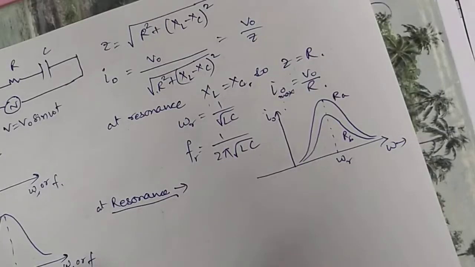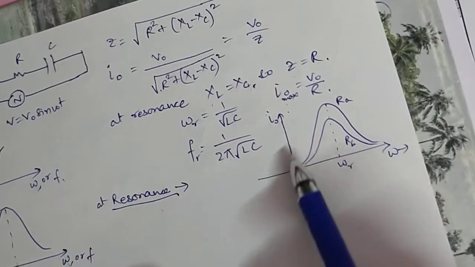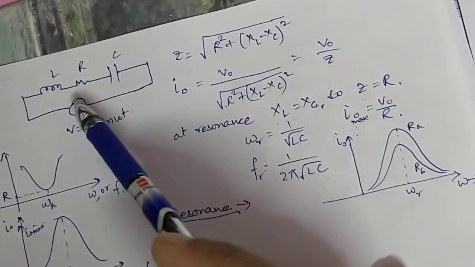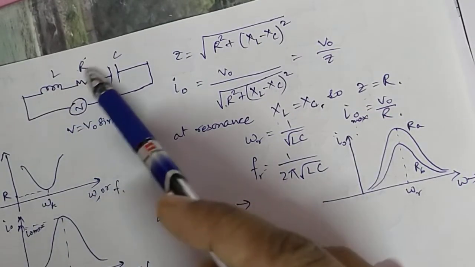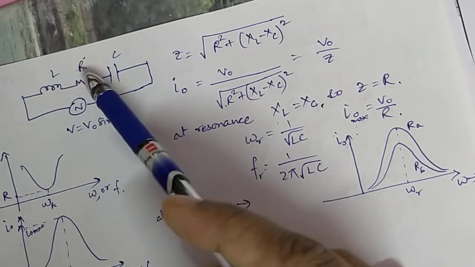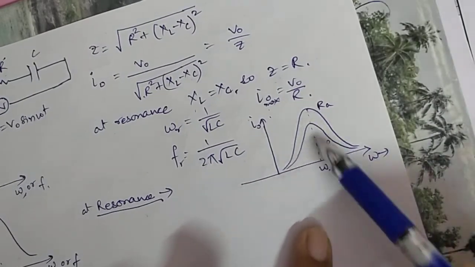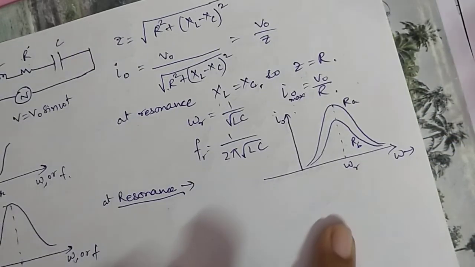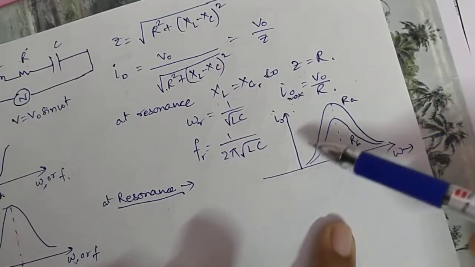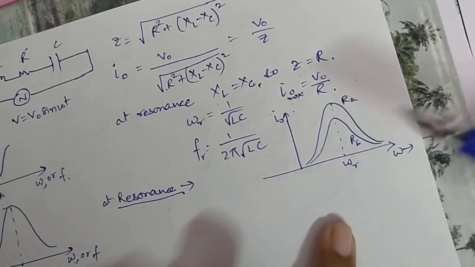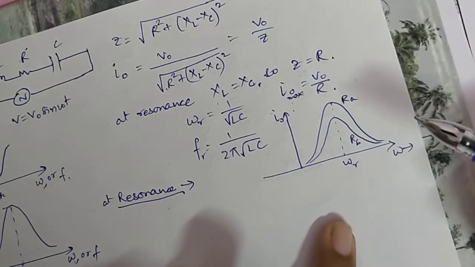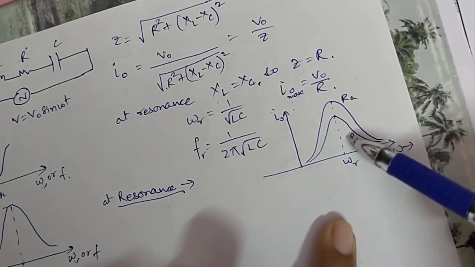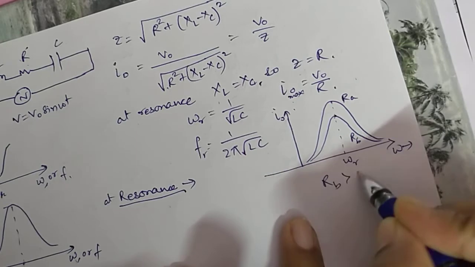Okay. Now children, if you have this kind of a graph where your L and C are the same, we have the same LCR circuit, but we have changed the R value. Once we did it for RA and then for RB, and we plotted the graph, this kind of graph will be obtained. Now just looking at the graph, if you have to guess, which one is greater? You see, the more the resistance, the less will be the current, because resistance opposes current. So here the peak value of current is less, so this RB will be greater. Okay, so RB will be greater than RA.